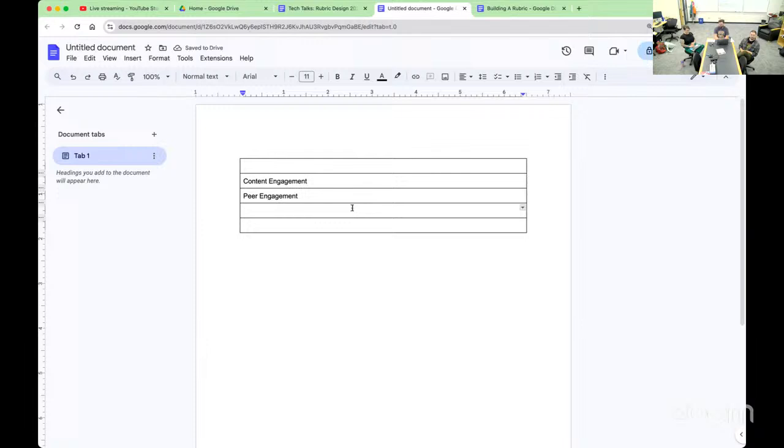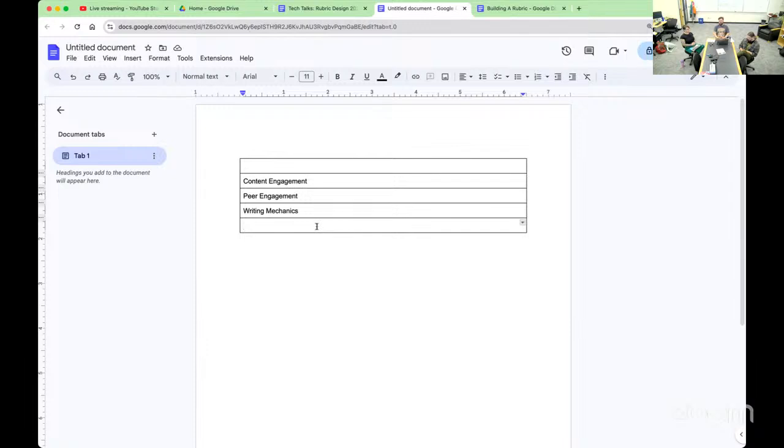Are they having some kind of discussion about the content in a way that I feel is substantive and valuable and worthwhile? Then my third one was just going to be writing mechanics. And then my last one I'm just going to call participation. This is just, if I want them to engage with each other, then I probably need to have some kind of basic requirement there